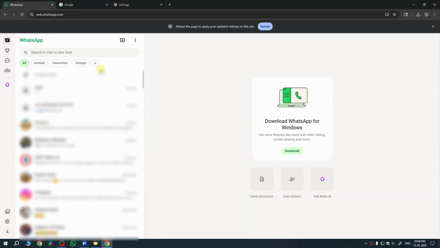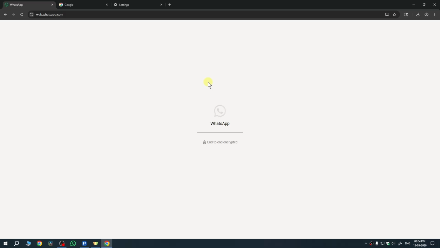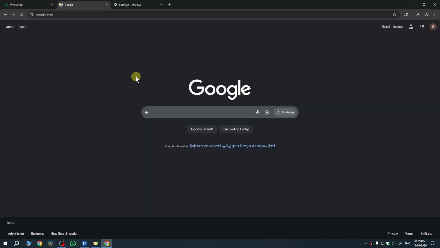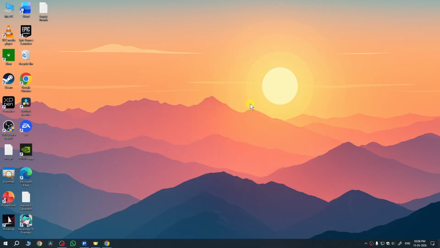Then return to WhatsApp Web, and now we just need to reload the page like this. And now if someone messages me, then I'll receive a sound and a notification number on the WhatsApp tab. So this was the process for WhatsApp Web, but if you are using the desktop app, then the process is